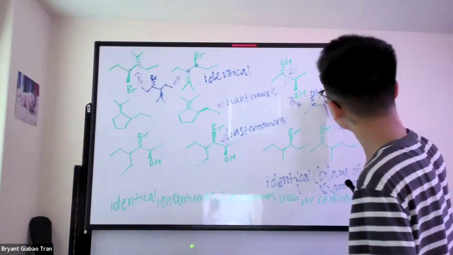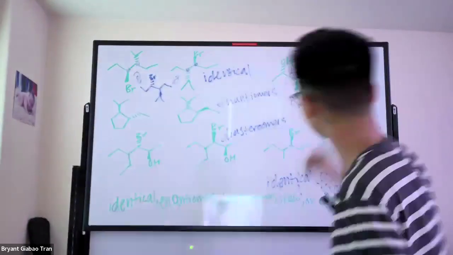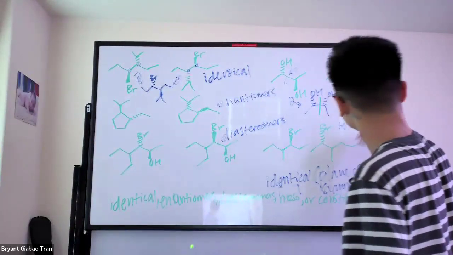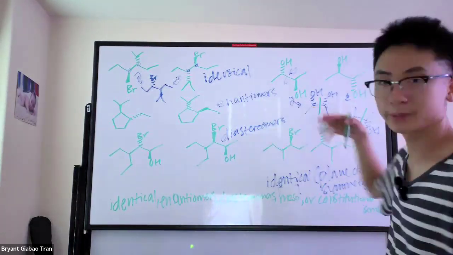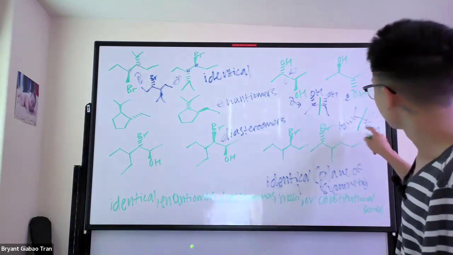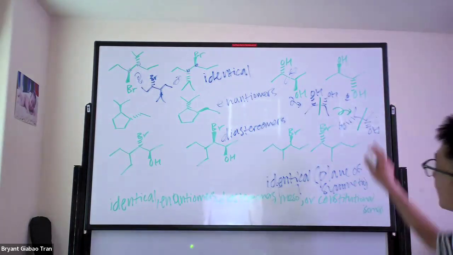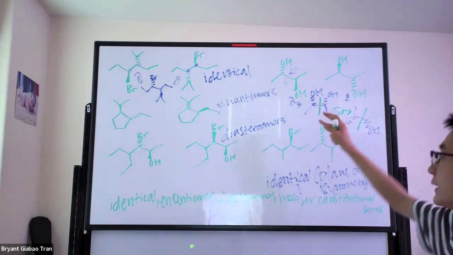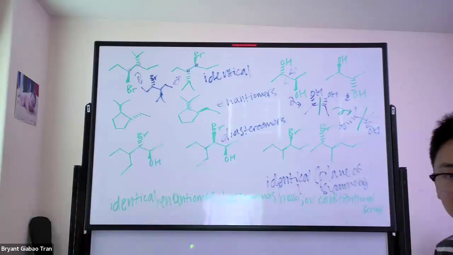But what if they're both R or both S? One is going to be R, one is going to be S. It's not going to be both R, both S. One is R, one is S here for meso. Because if this is RS, then the other one's going to be the opposite version of that. And these are the exact same thing because it's just rotated and there's a plane of symmetry down there. Making them identical, but it's not identical. Well, it is identical, but there is also a plane of symmetry making them meso. And then the last one is